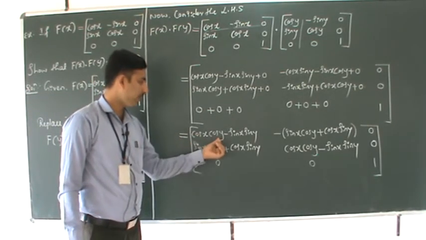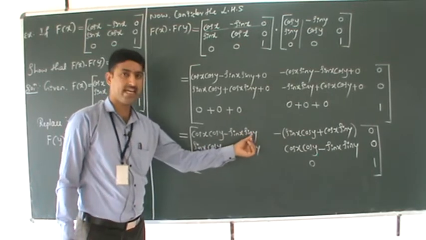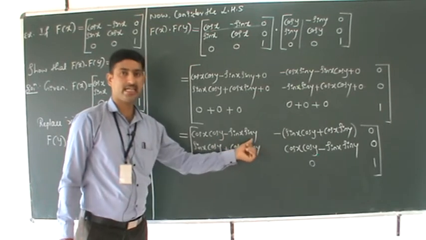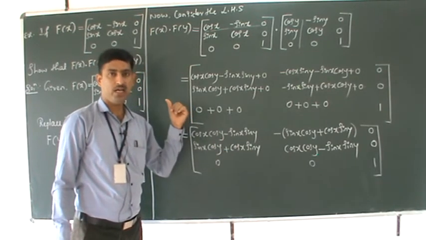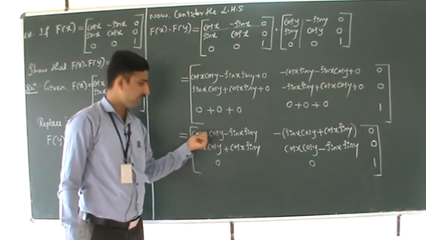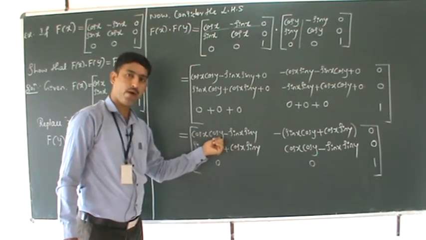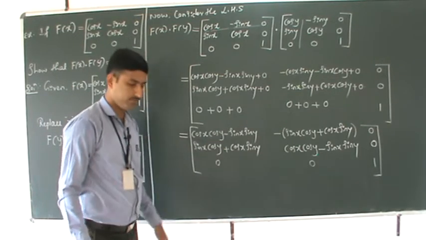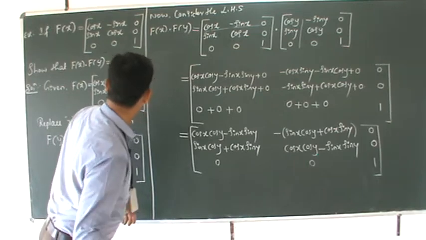Then you know in the first entry, cos A cos B minus sin A sin B. What is the formula? Cos of A plus B. In place of A we have x, in place of B we have y. Therefore it becomes cos of x plus y. Then you write it as,